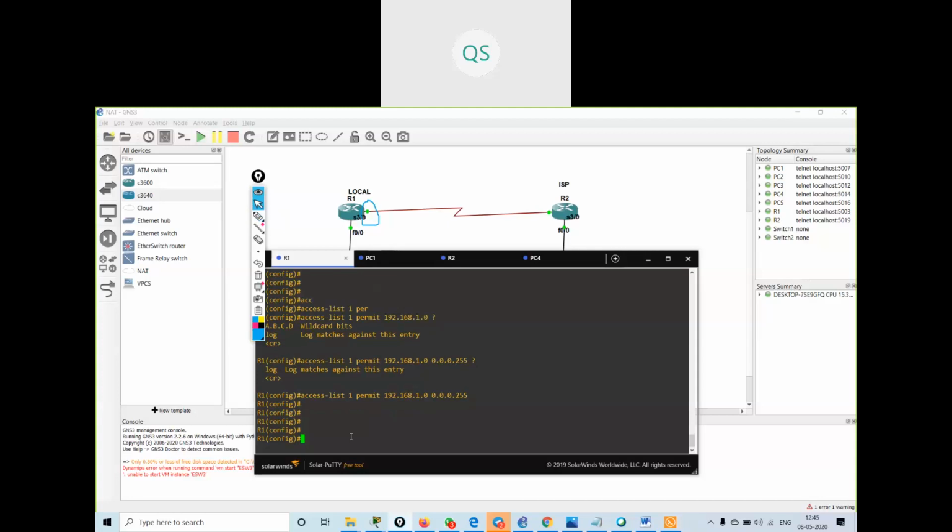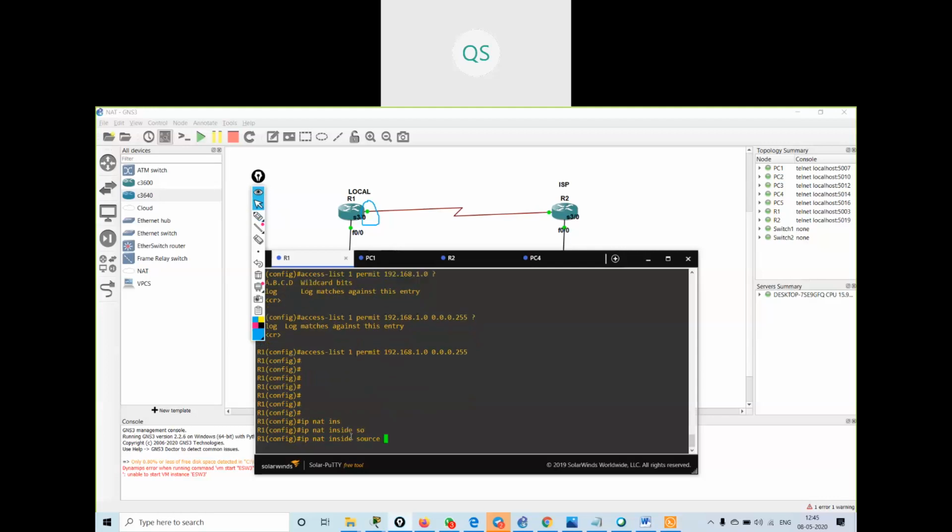So I will say ip nat inside source list, access list 1.